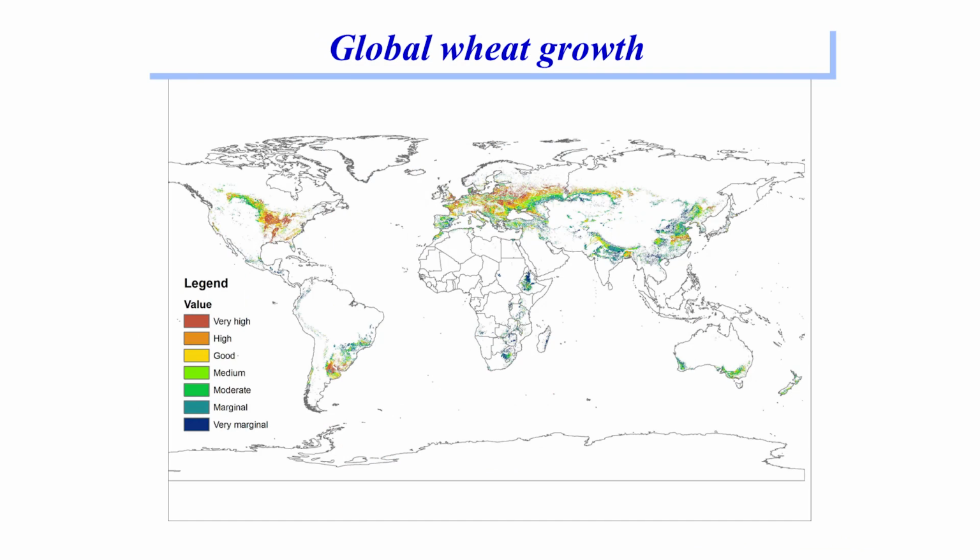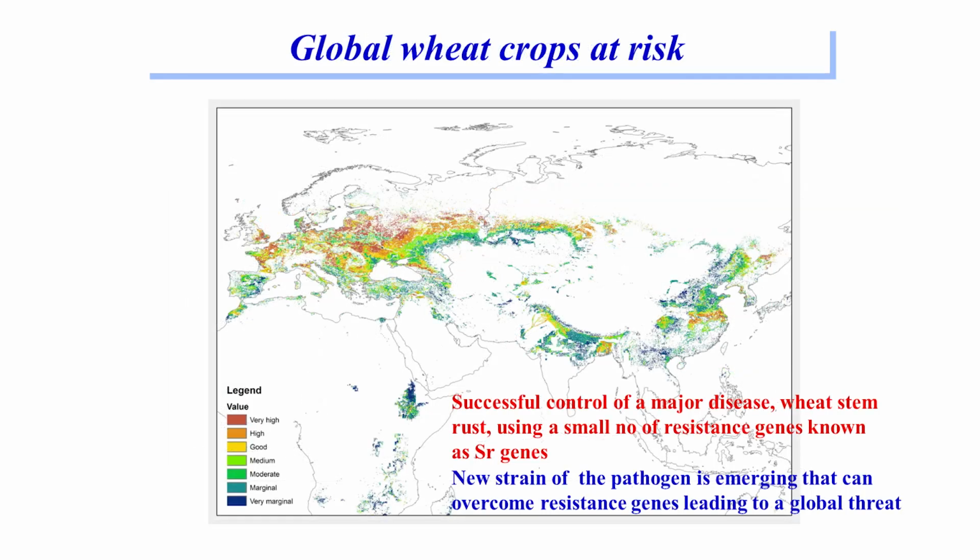You can see particularly important up here, also in the grain basket in the Indian subcontinent, North America, South America. Wheat worldwide, it transpires, has been successfully controlled by genetic means. This is straightforward plant breeding for very long periods by a particular resistance gene. The problem is that all the wheat worldwide has more or less the same few resistance genes, and there is